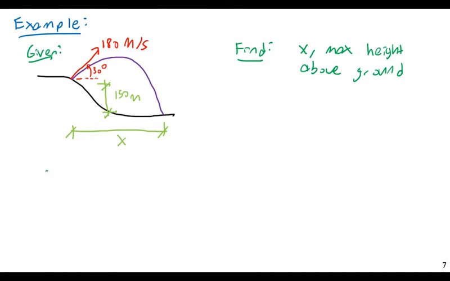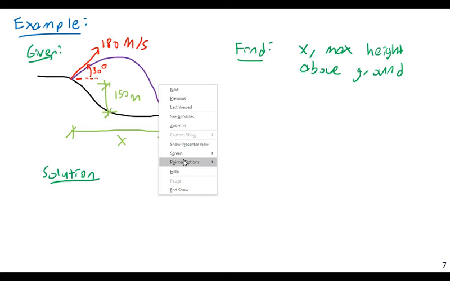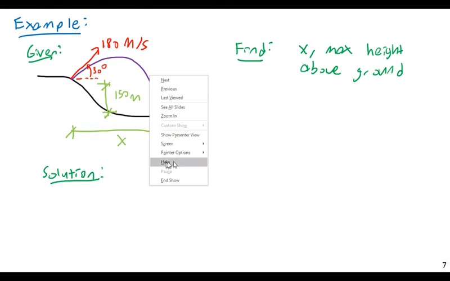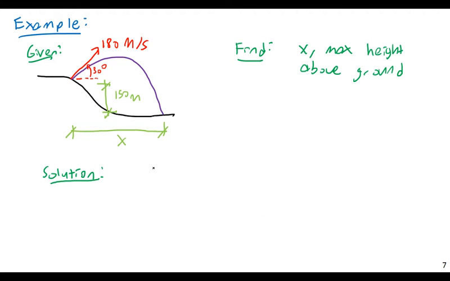So I'm going to define this as my origin, my 0 coordinate. I'm going to relist my givens, but in a tabular format. Basically, V naught is 180 meters per second. Y naught, the initial vertical position, is 150 meters. The a in the y direction, well,